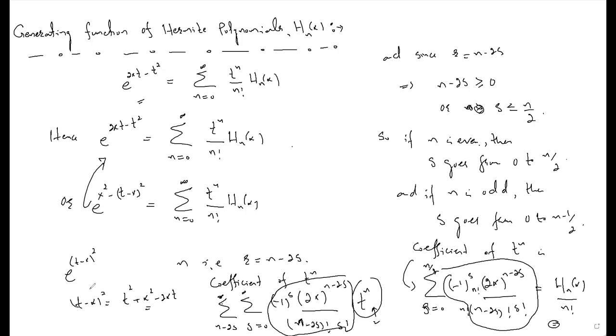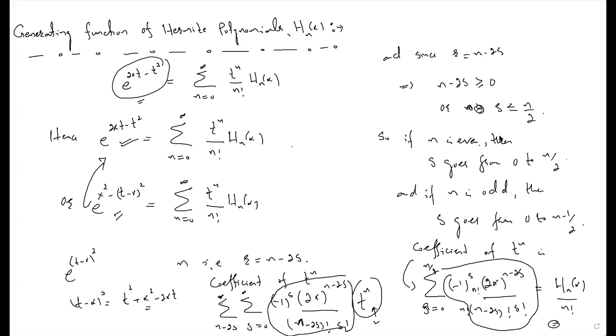Now, is it okay? Is it okay, or do you have anything to ask about these things? Simply, I consider this to be a generating function, then I elaborate it to obtain the coefficient of t^n. That is what we call the Hermite polynomials. You can write the generating function like this, or I can also write it like this, because just (t minus x) whole square, when you elaborate it, there will be an extra term e to power x square. I am multiplying that here. So this will be minus x square and plus x square. It will be 0. Okay.